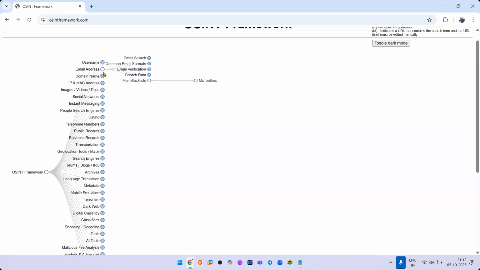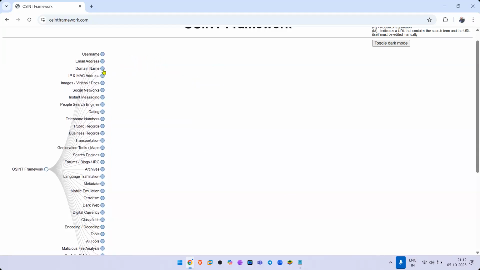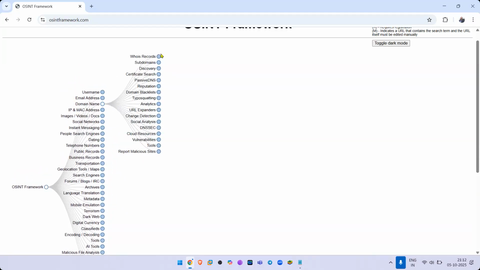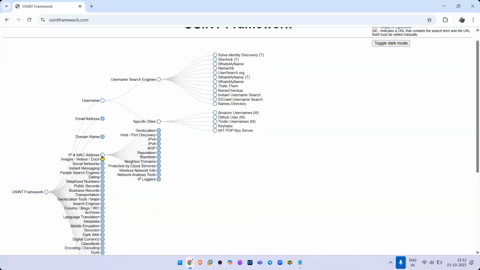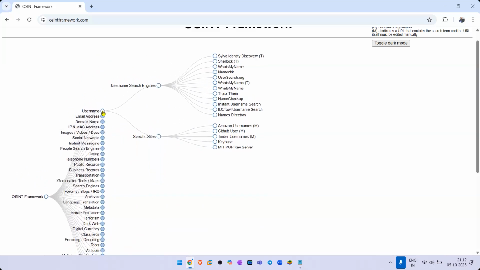Domain names, you can get the information on platforms for Whois records, subdomain discovery, certificate search, typosquatting, and so many more. You could go into each one if you want to find IPs and MAC addresses, the blacklisted ones and whatnot.